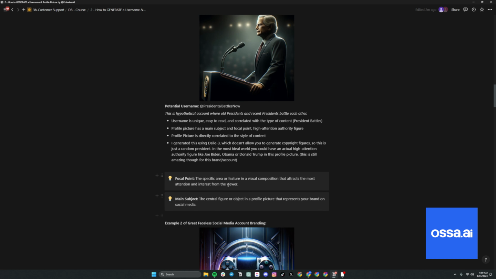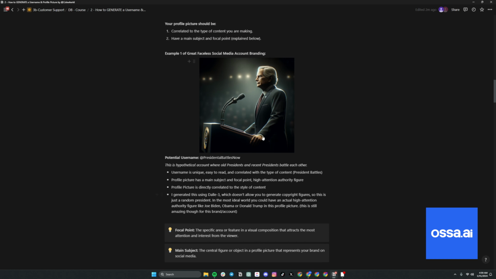And what's a focal point? This is the specific area or feature in a visual composition, or in this case, profile picture, that attracts the most attention and interest from the viewer. Notice how we don't have a lot going on here. That's not by mistake. In order for someone to remember us when we walk into the room, aka make a post, we want a very simple profile picture. And by the way, just a side note, if you have a personal brand, literally just do your face. It's so simple. Don't overcomplicate it, because people have been asking that too. If you're watching this, you have a personal brand, you're like, what do I do for personal content? Just do a decent looking headshot.